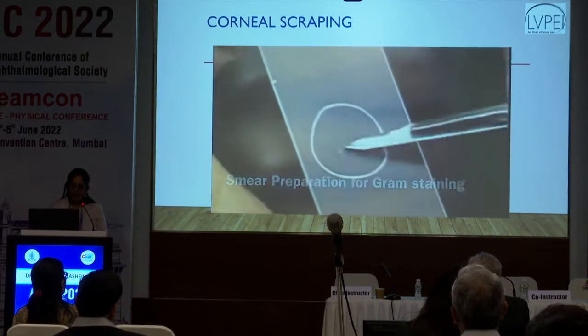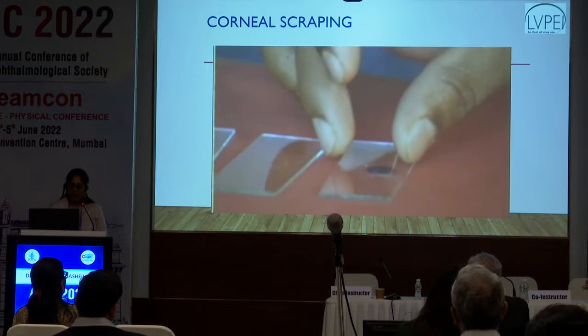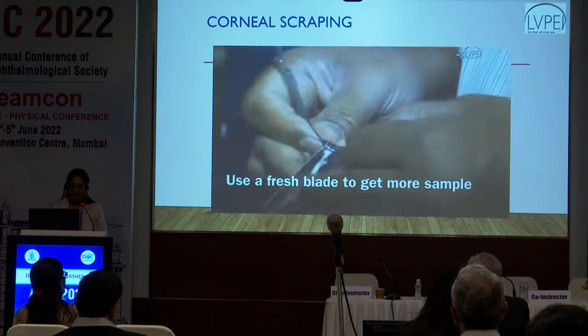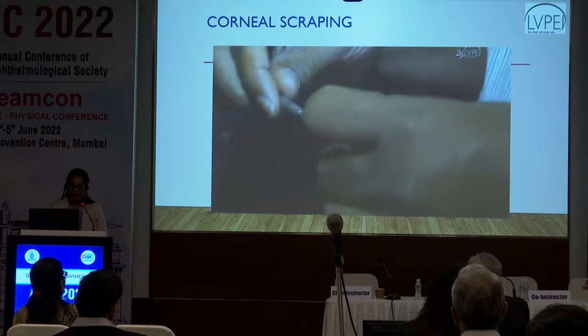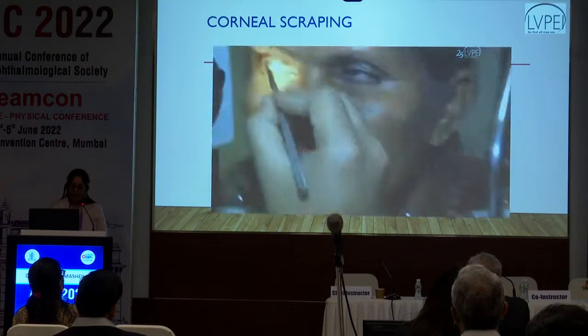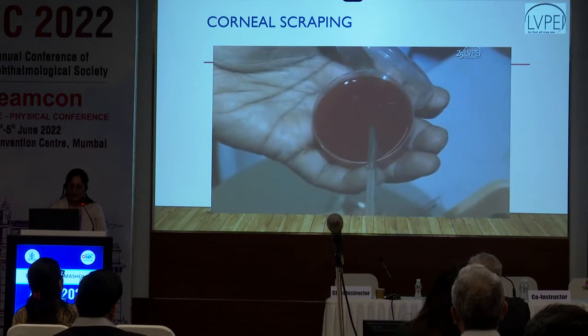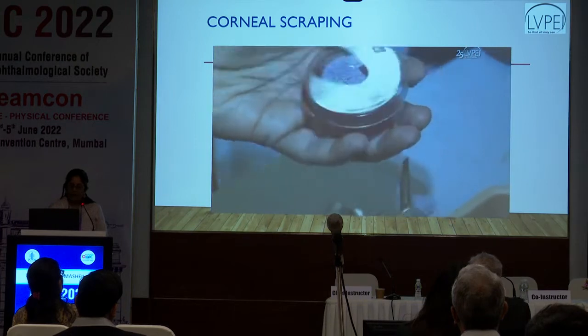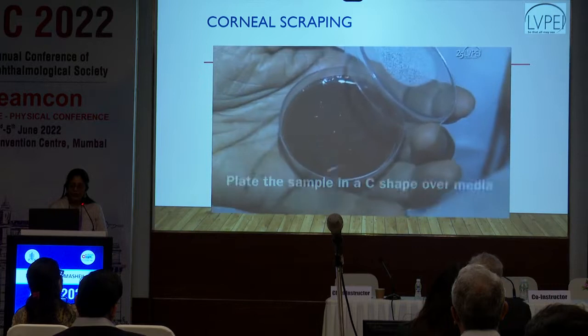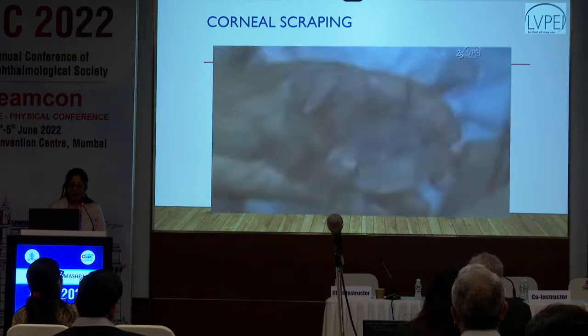So first you prepare it, smear it like that for gram staining, and just drop it on the slide that was for KOH, which will also have calcofluor white later under the microscope mount. And various media. The first one to inoculate is the blood agar, chocolate agar. Chocolate agar is most important because everything literally that can grow will grow in it.